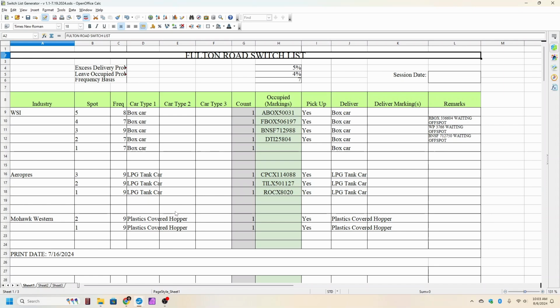This is the only switch list I've ever used. I've not used any of the commercially available ones. However, I